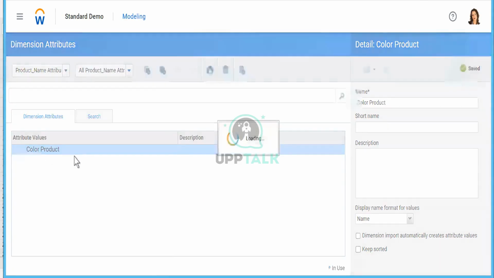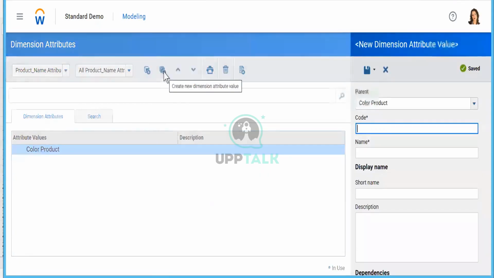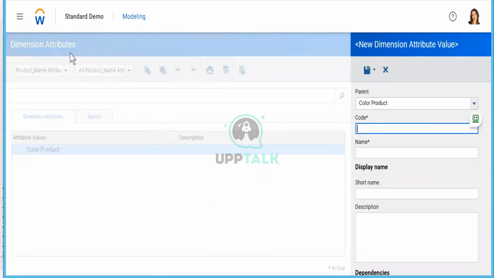This is not existing. Always remember that you cannot have similar names existing in Adaptive because once you upload data, you need that bifurcation that this data needs to go here. Otherwise, the data can go into the same placeholder, which will create a problem for us.